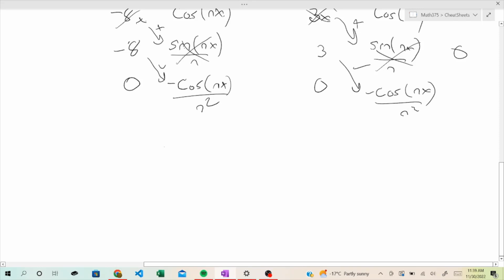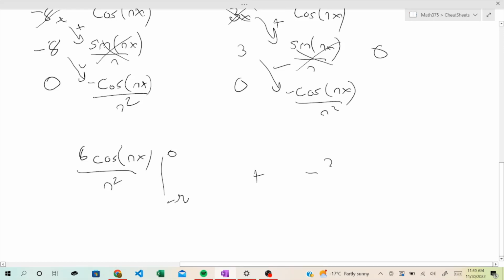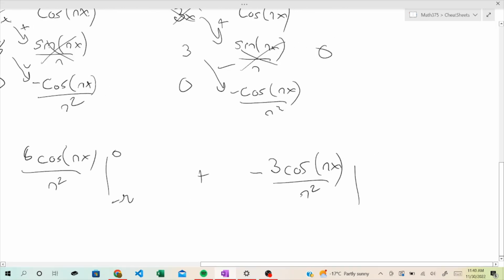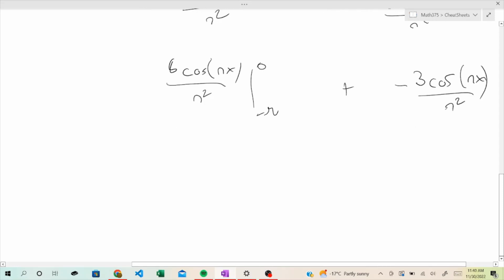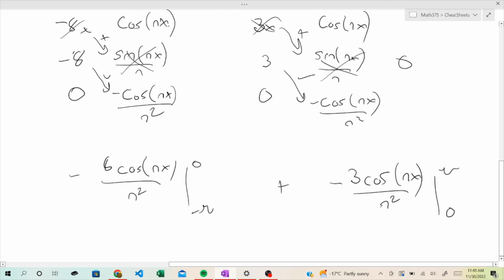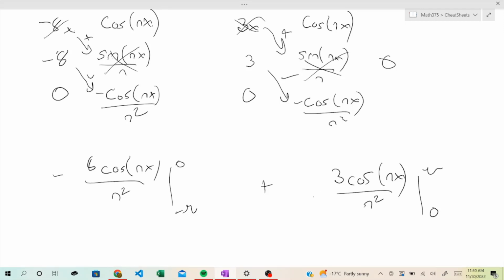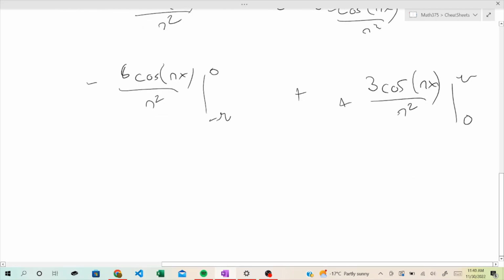So we're left with 8 cosine nx over n squared from negative pi to 0, plus negative 3 cosine nx over n squared from 0 to pi. So that's going to become negative here, so this will become negative. And then positive here. There's 2 negatives and then 3 negatives. That's going to become